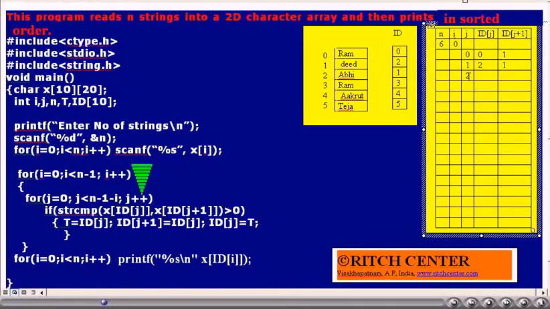J value will be incremented by 1. Currently, J value is 2. id of j is 1, id of j plus 1 is 3. X of id of j, that is x of 1, and x of id of j plus 1, that is x of 3, are compared.